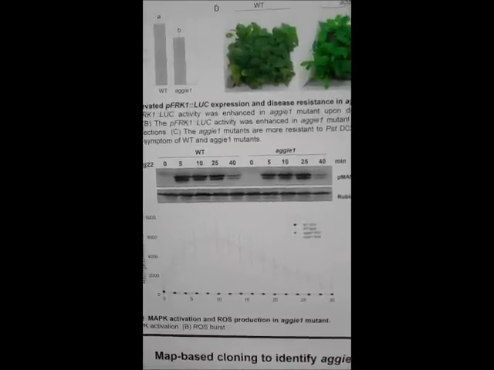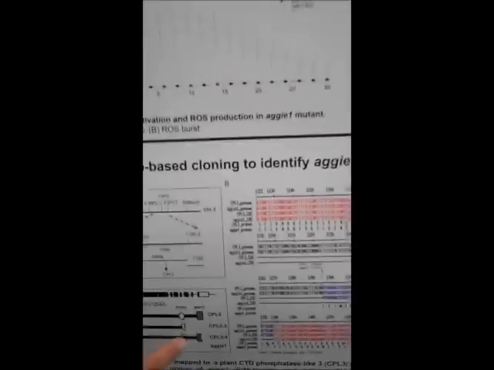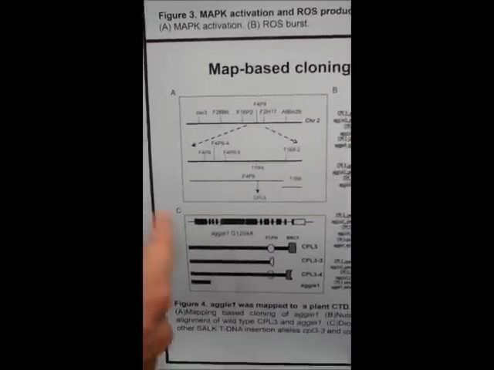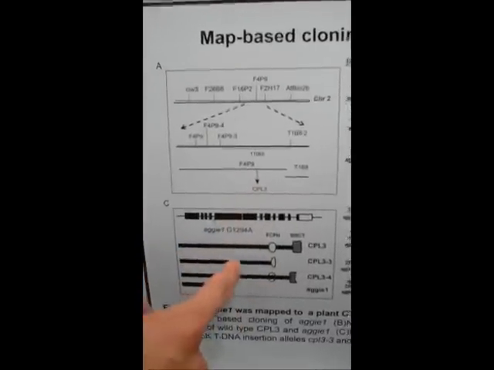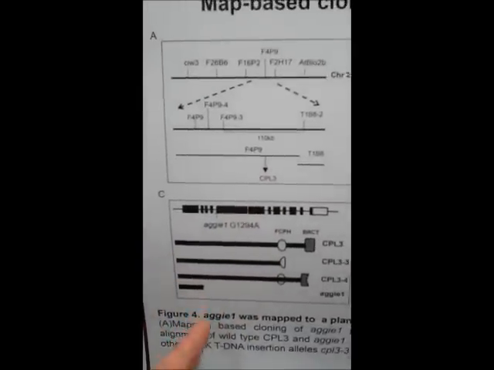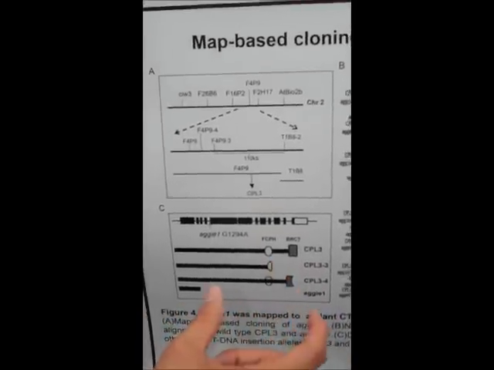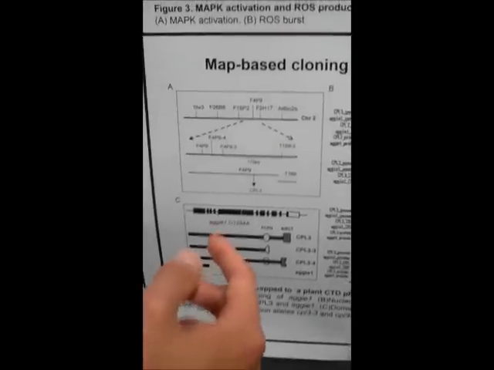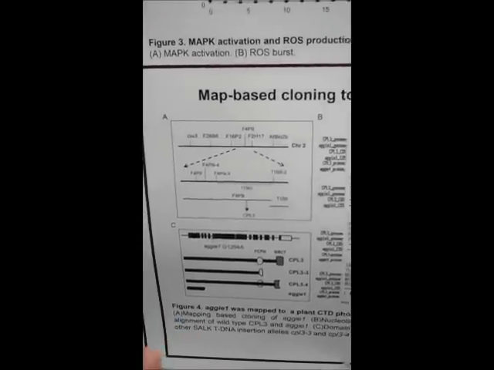And then we found the Aggie 1 gene by using map-based cloning. Aggie 1 is on chromosome 2, in a gene called CPL3. Aggie 1 is a truncated protein that lost the catalytic domain of CPL3. So we complemented the Aggie 1 mutant with the full-length CPL3. And as shown here,